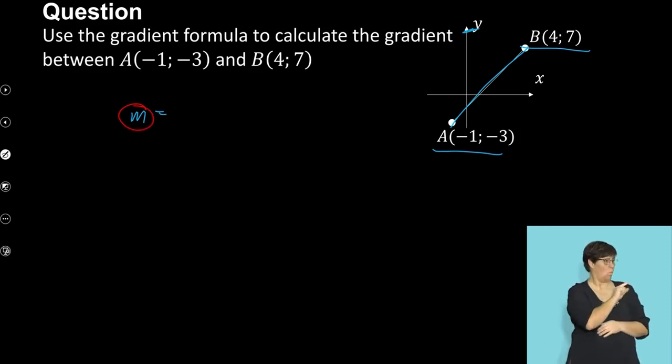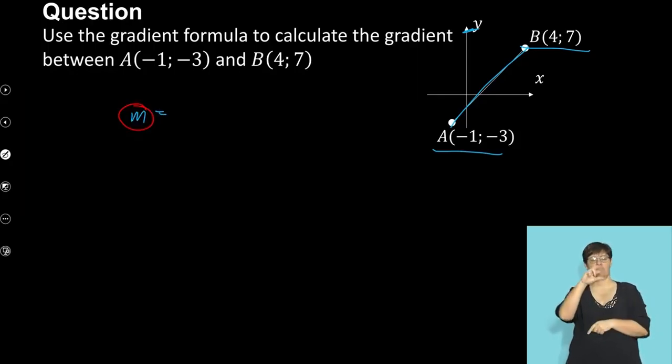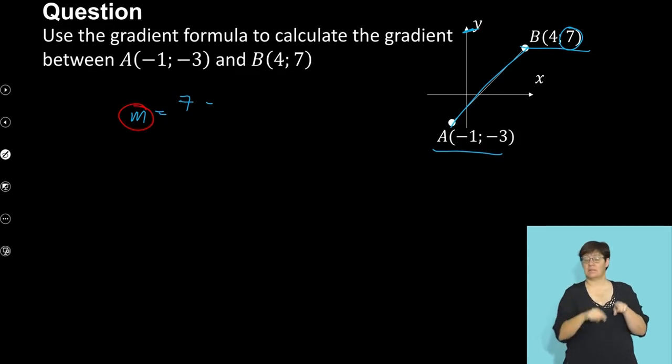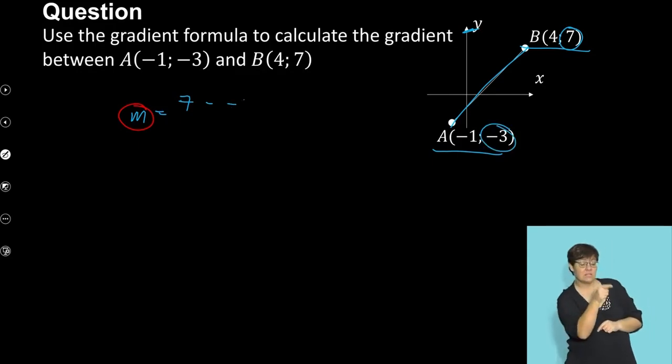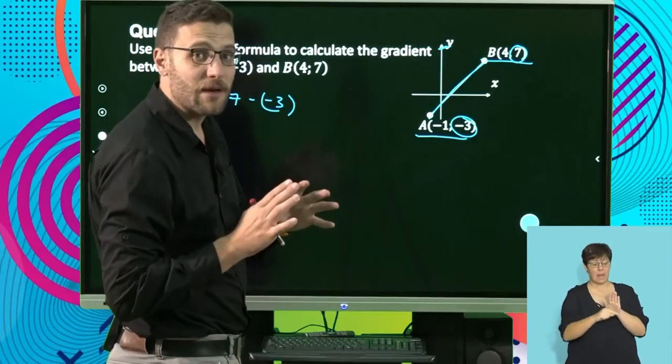I don't know why, but M it is. And M is going to be the gradient. And what am I going to do? I'm going to take the y value of the second point, and I'm going to subtract the y value of the first point. And again, we discussed this when we were doing distance in the first lesson, but it's so